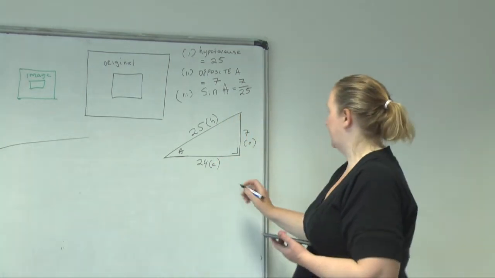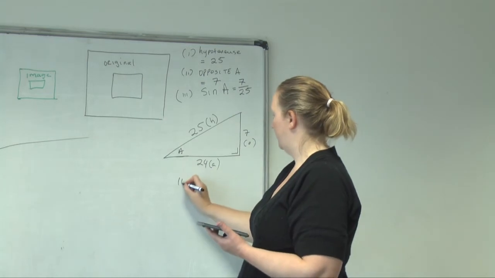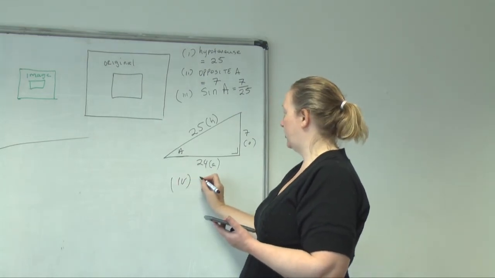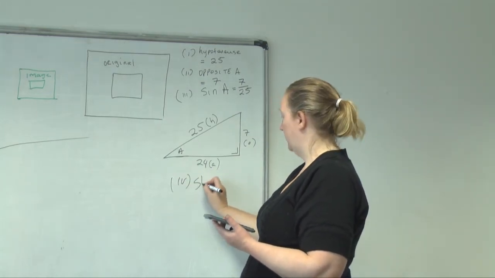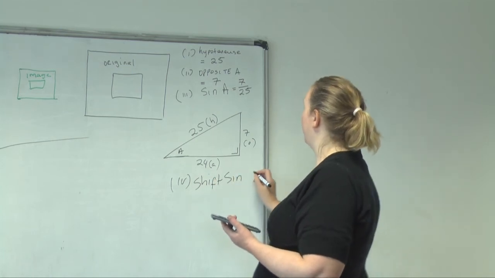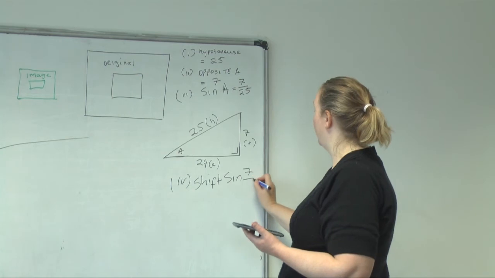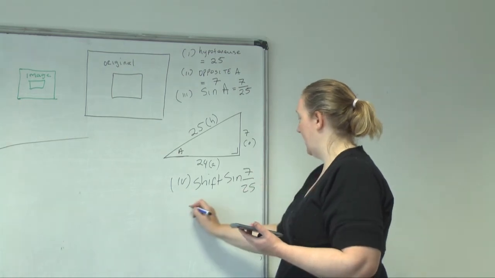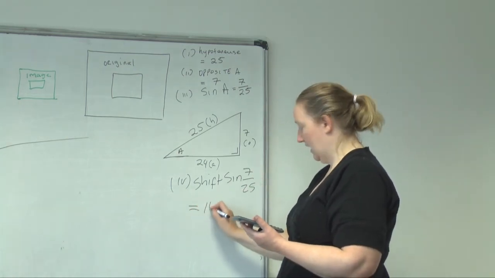You put in shift or second function. Oh yeah, it's shift sine 7 over 25, and the calculation will give the answer as